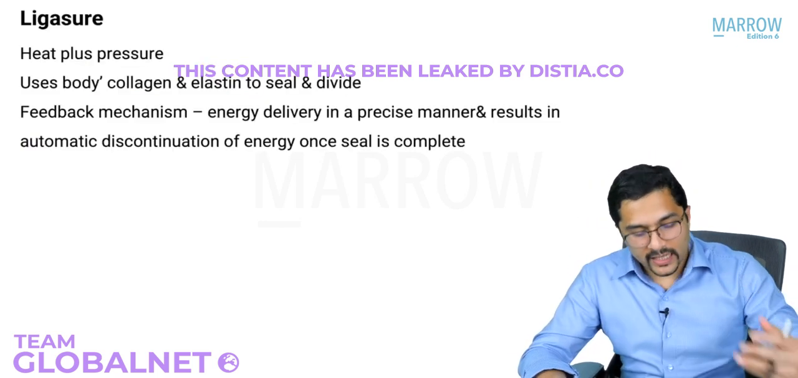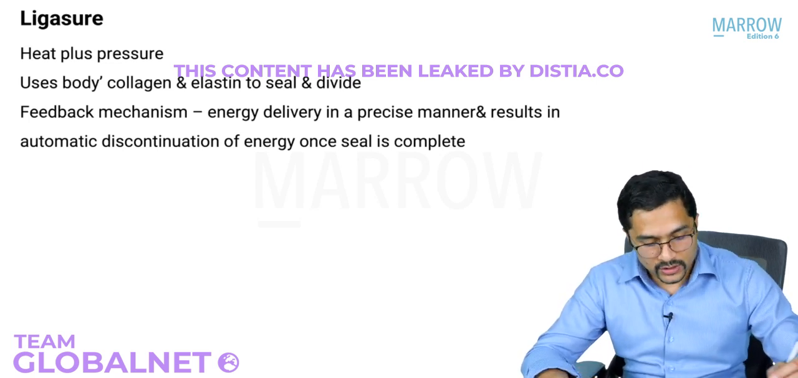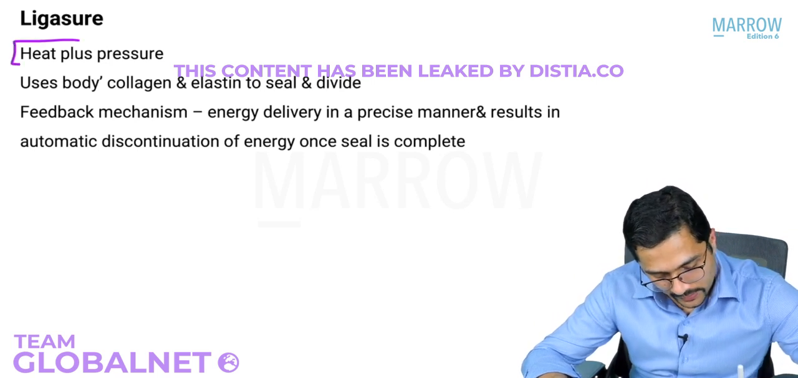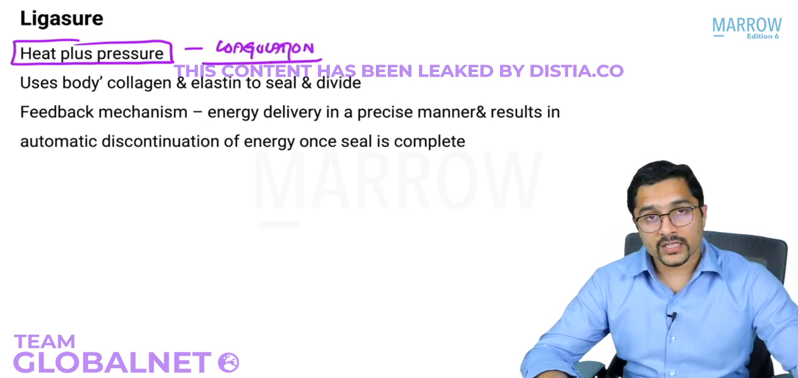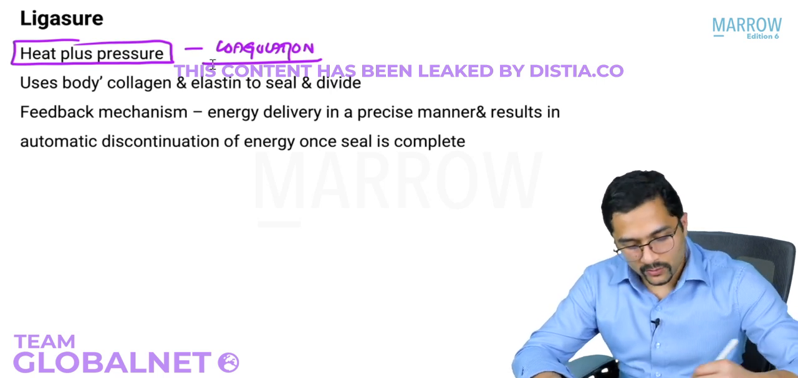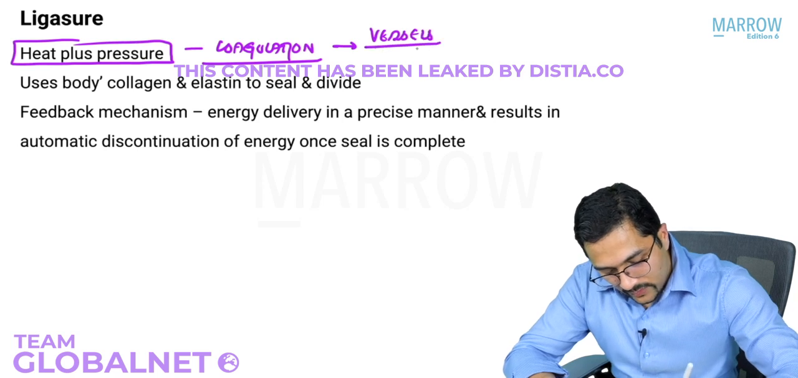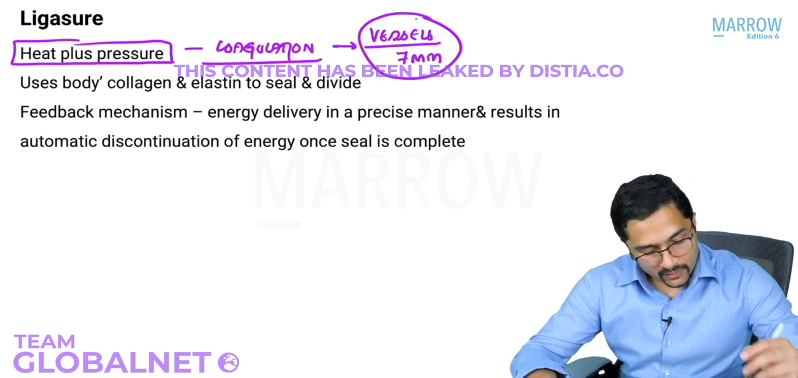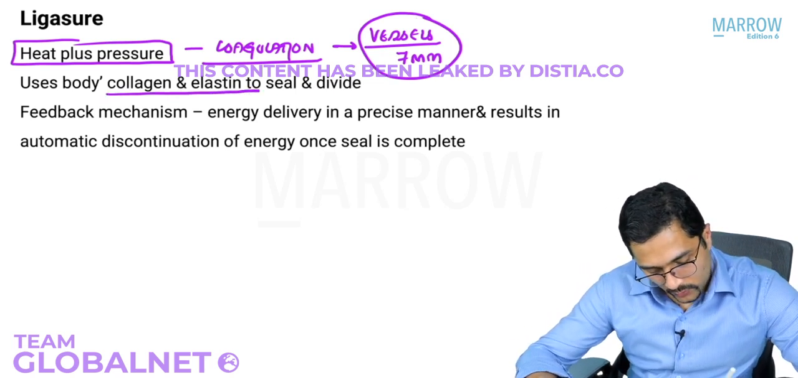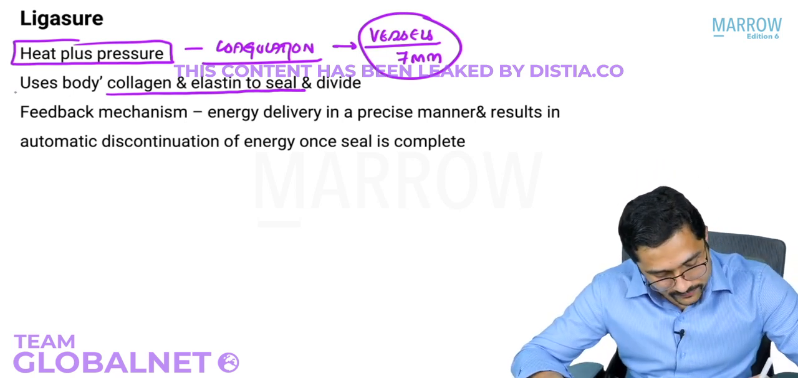Moving on to the other energy sources, one more energy source is Ligasure. Now Ligasure is an energy source which uses heat plus pressure to carry out coagulation. Right? It uses heat plus pressure to carry out coagulation, and Ligasure can coagulate vessels up to 7 millimeters in diameter. Now, it uses the body's collagen and elastin to seal and divide. So what basically it does